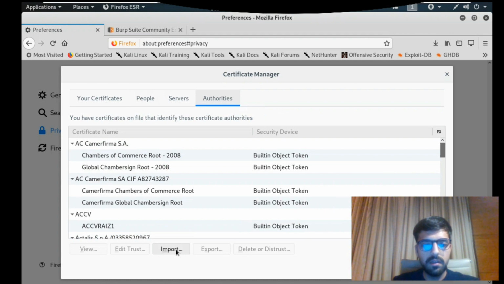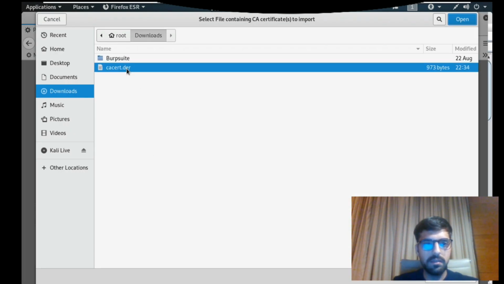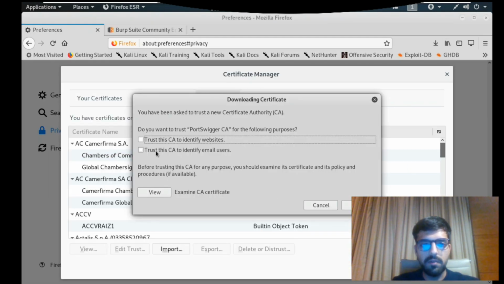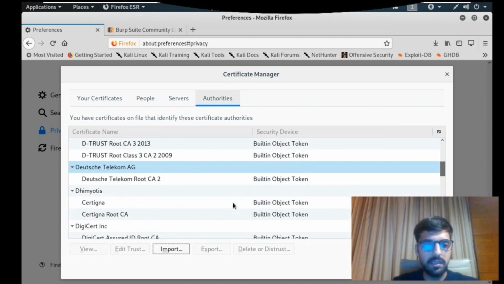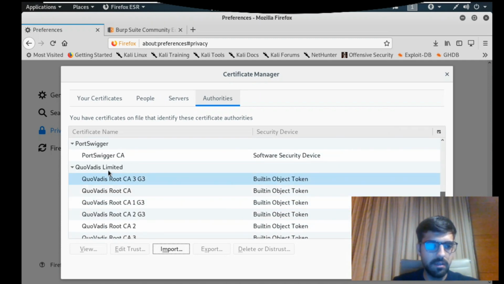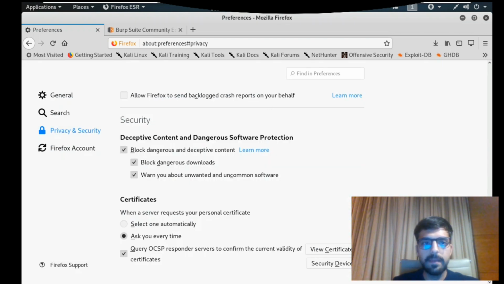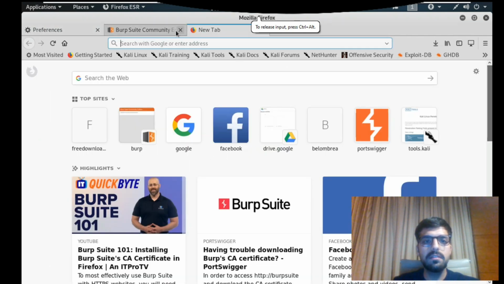Here you can click on import and select this one. Now you need to check this checkbox: trust this CA certificate to identify websites. Then click on OK. You can see here it is added in your browser. Now click on OK.